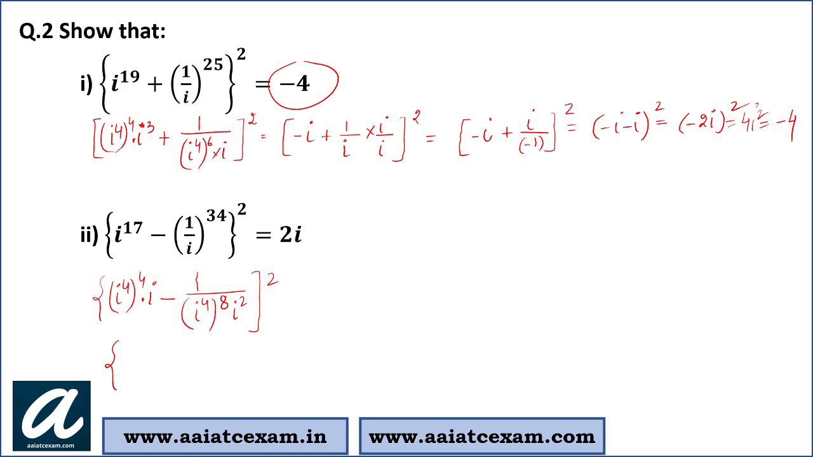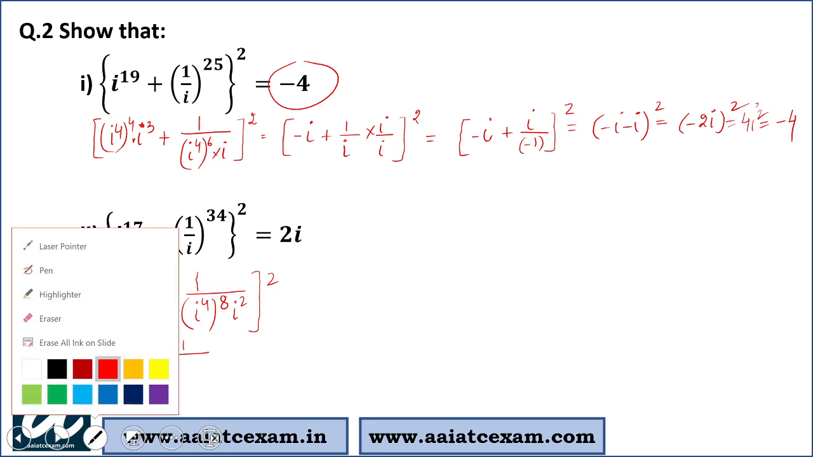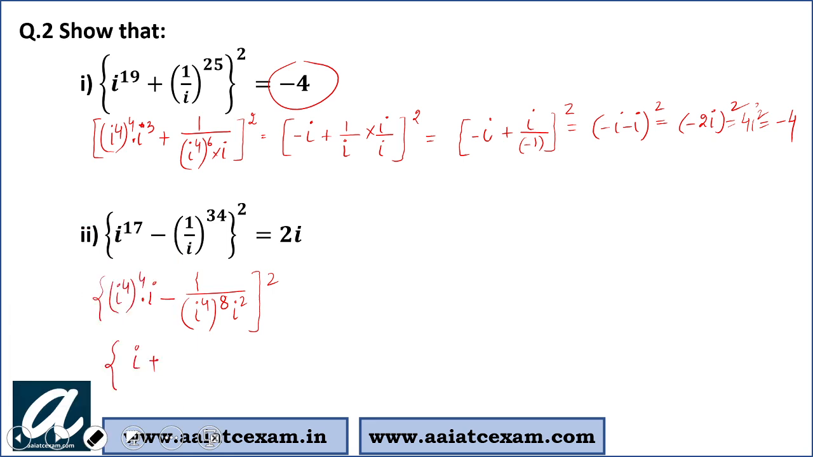Now, students, you can write iota raised to the power 4 as 1. So you're left with iota here, and you're left with iota square, which is minus 1. So minus minus, this will become 1 only. So you're left with only 1